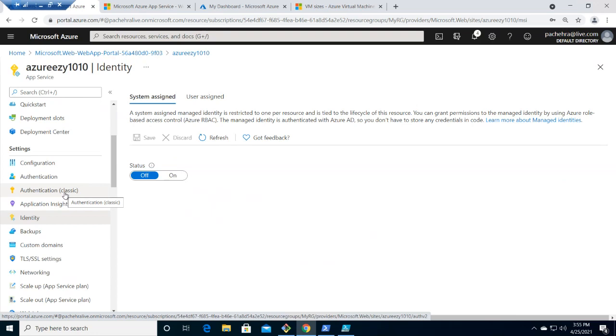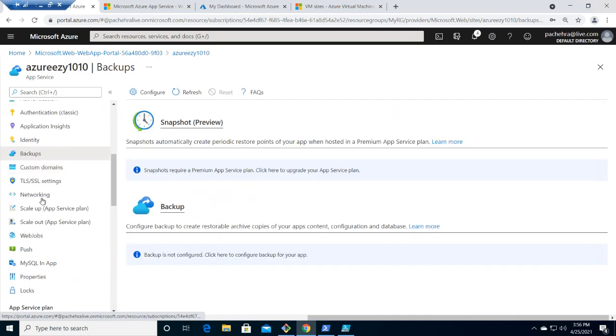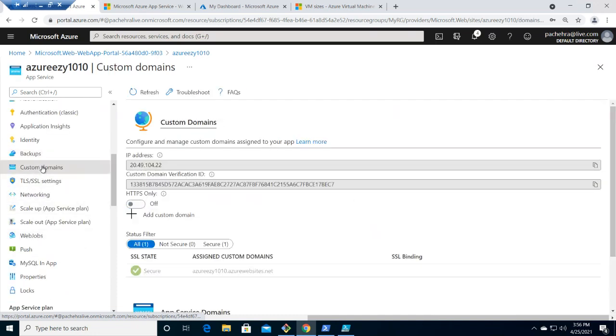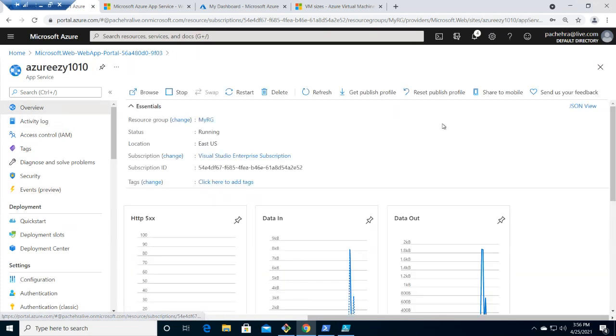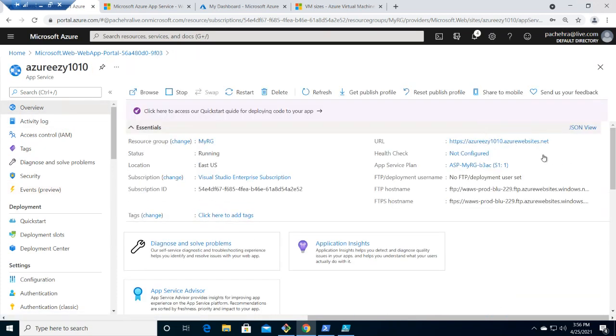Your app service, where you are configuring the connection string, can talk to the DB through its own credentials. No need to type the information of database, username, password, things like that. It can also talk to other Azure resources. These are for the backups and custom domains, if you want to configure your own domain, because right now, if you go to the overview, you'll find this is what the URL is, which doesn't suit everybody.